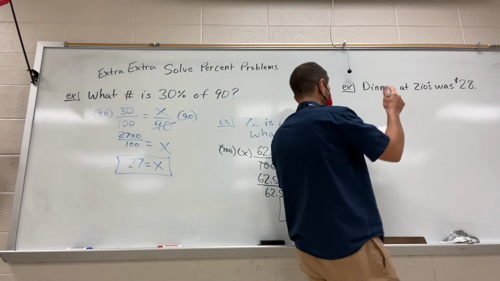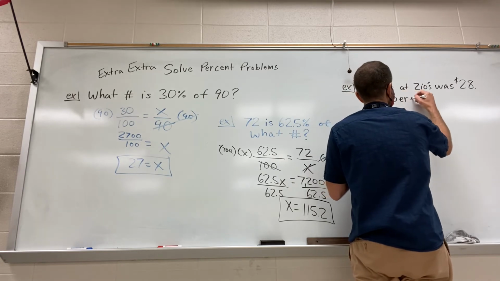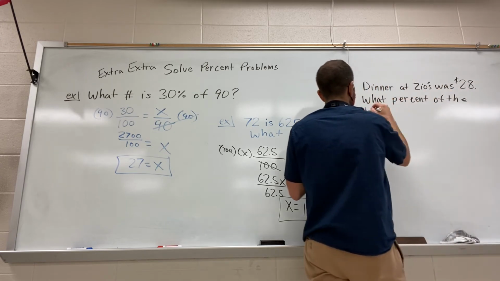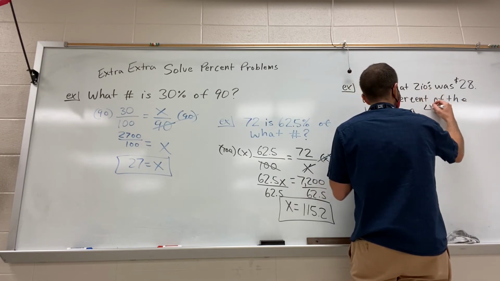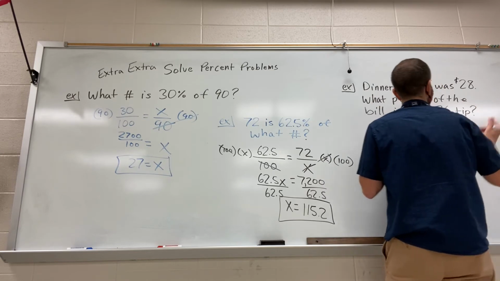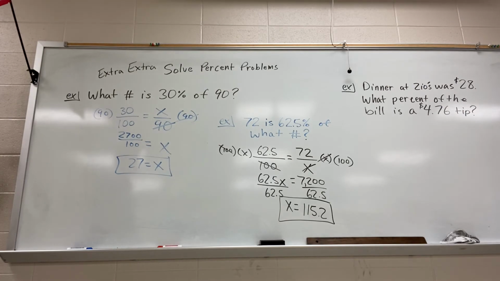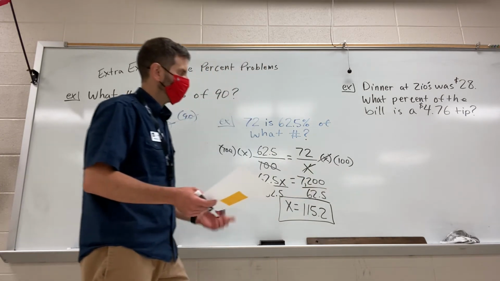The question is, what percent of the bill is a $4.76 tip? Dinner at Zio's was $28. What percent of the bill is a $4.76 tip? So with the word problems, you got to be a little more careful with using the proportion because